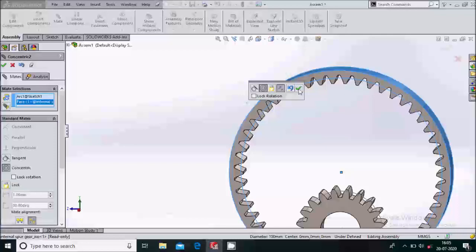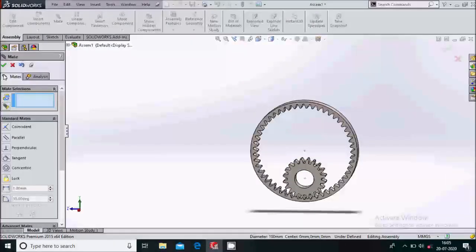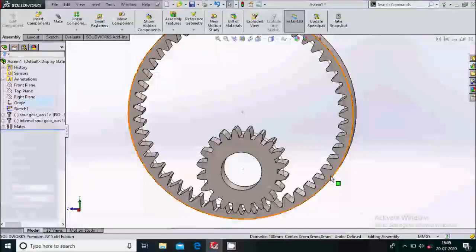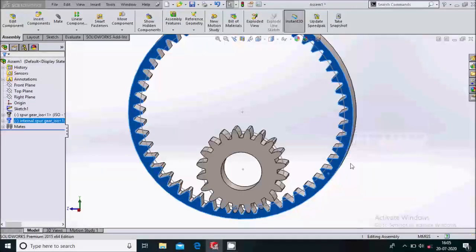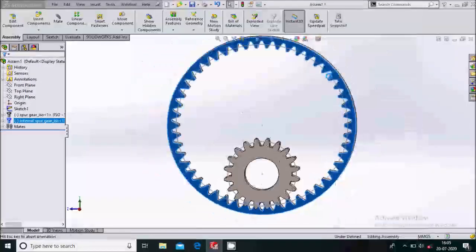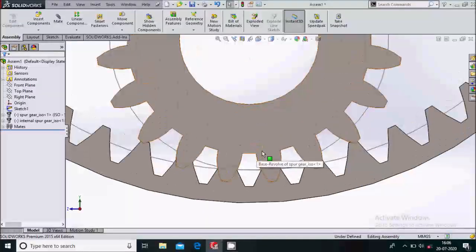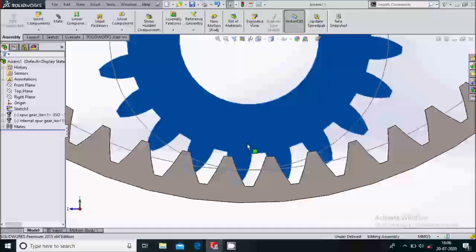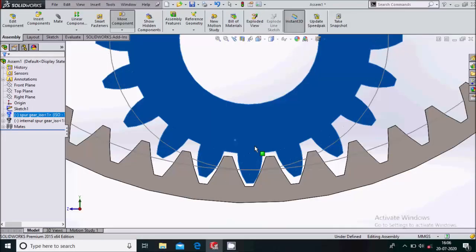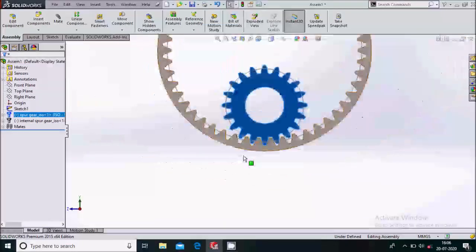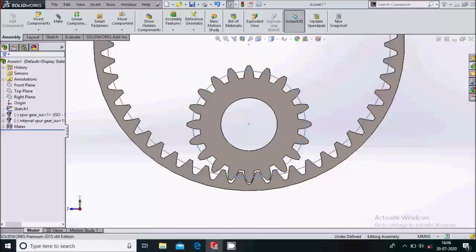Make again a coincident mate. OK. Simply select this and make it normal too. So here we'll just adjust the teeth of the gear. So it is adjusted now. Simply hide the sketch.